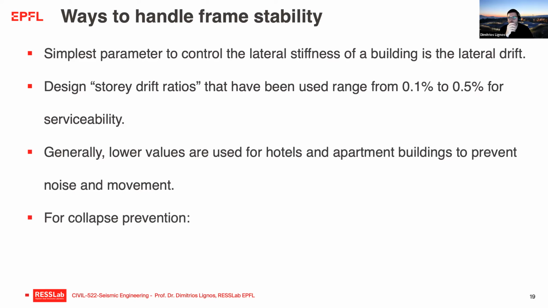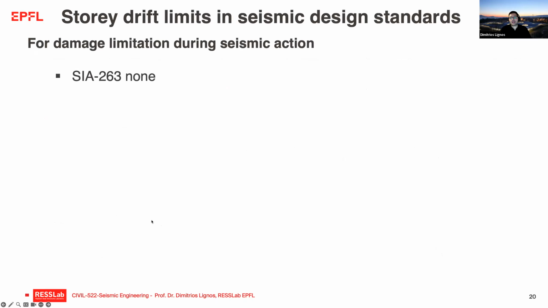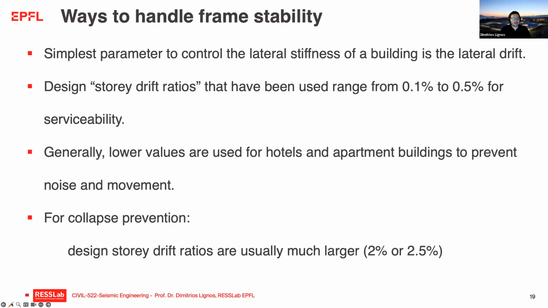Now, for collapse prevention, or when you are checking the ultimate limit state, design story drift ratios are usually much larger than those that are used for serviceability. So in that case, there could be a limit of 2 or 2.5% that you are supposed to respect if the concern is collapse prevention. Now, with those things in mind, I'm going to show you in our standards what one can find for serviceability and what one can find for collapse prevention,